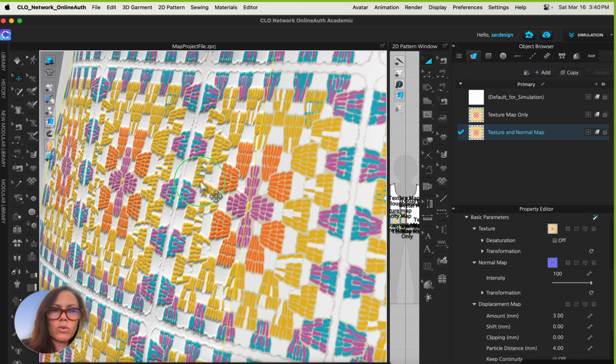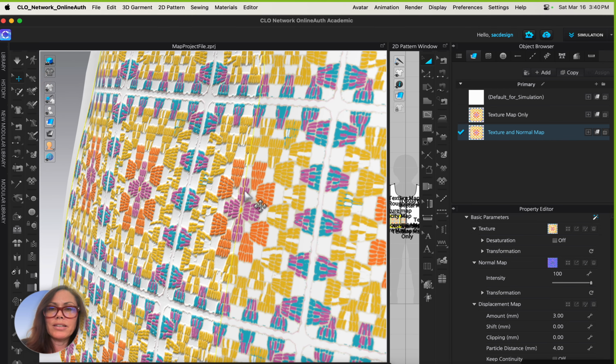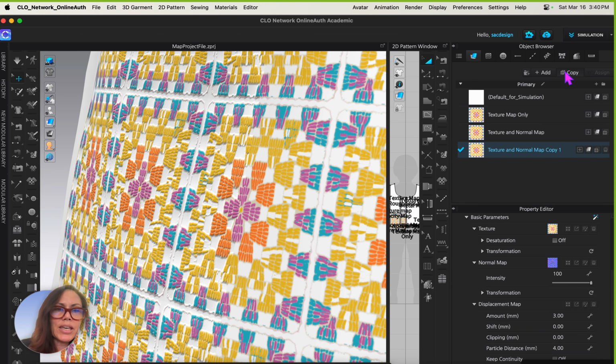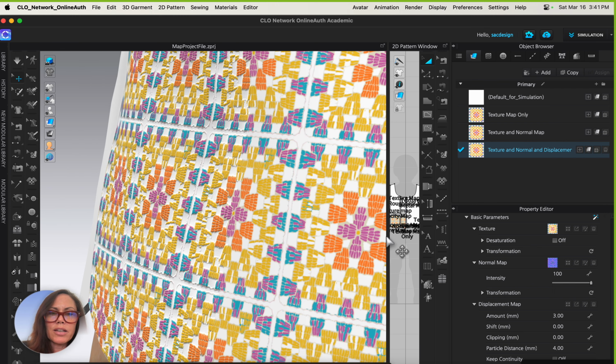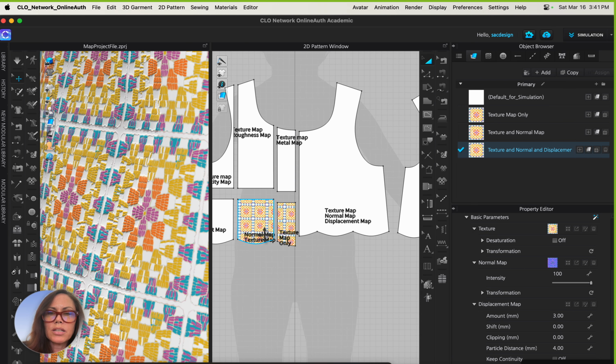So let's add the crinkle, which is the displacement map, okay? So I'm actually gonna take this fabric, copy it, and rename this one texture normal map and displacement. Okay, you get the idea, there's a map. So that's what we're gonna do next. And let's go ahead and put it,